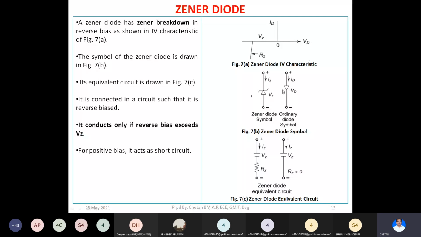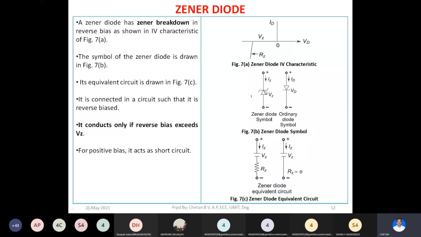Observe the differences in Zener diode. In Zener diode, the first difference is the triangle is in reverse direction, and you can see the line is not a complete vertical line. It is bent on both sides. Here also you can see the small bend, and here also you can see the small bend. If you write this type of a line after a triangle, then the diode symbol is the symbol for Zener diode.